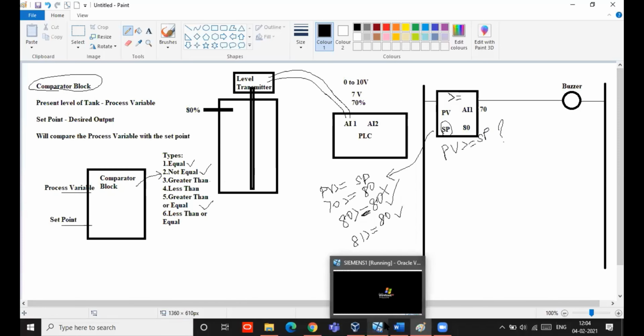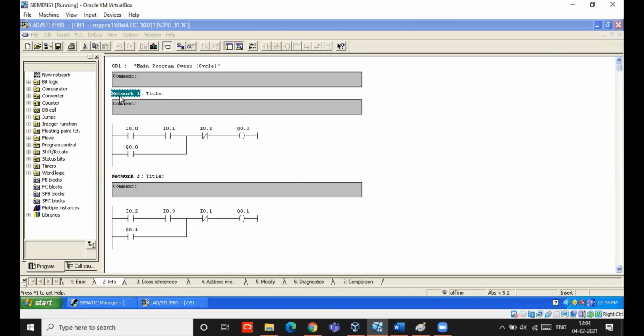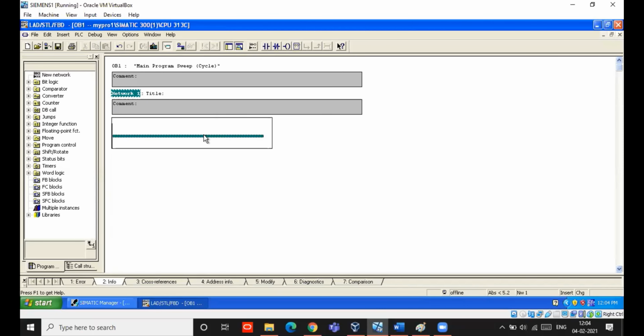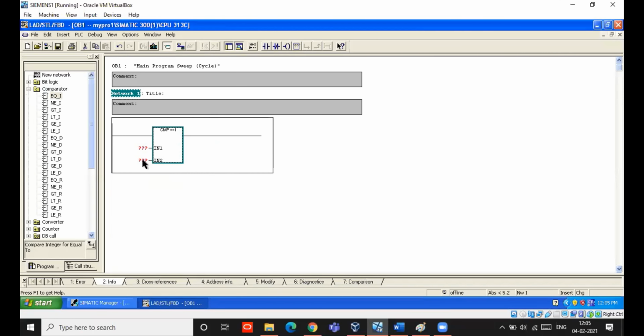So here in Siemens, as I said, we have many types of comparators. I'm using the equal to comparator, and one value I'm giving 80, and another value I have to give here.